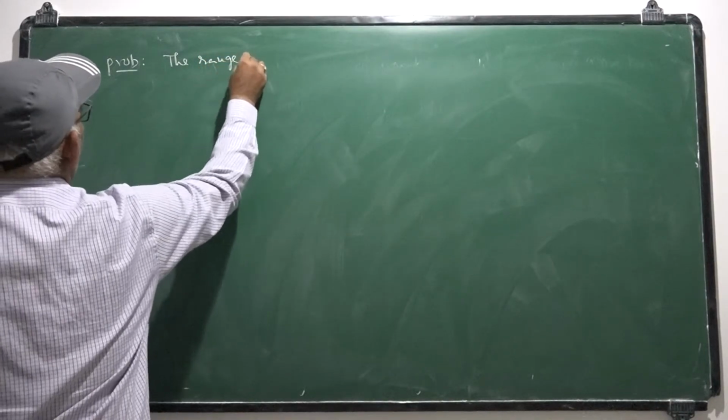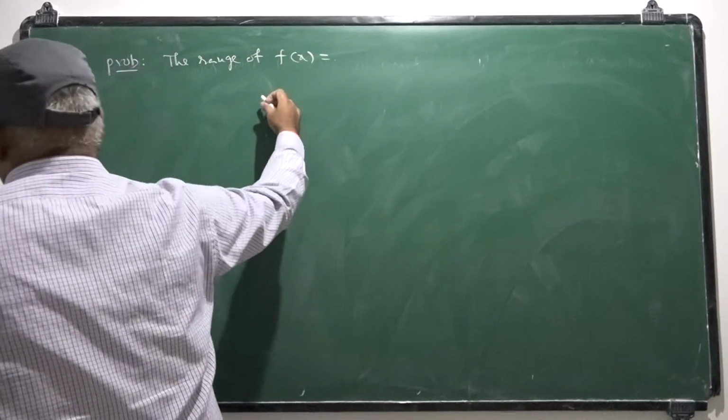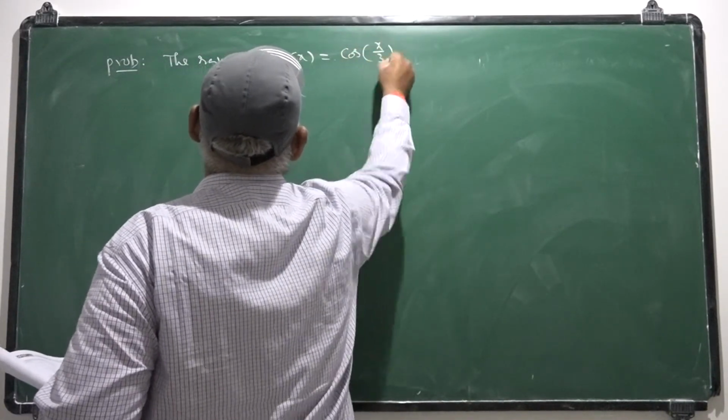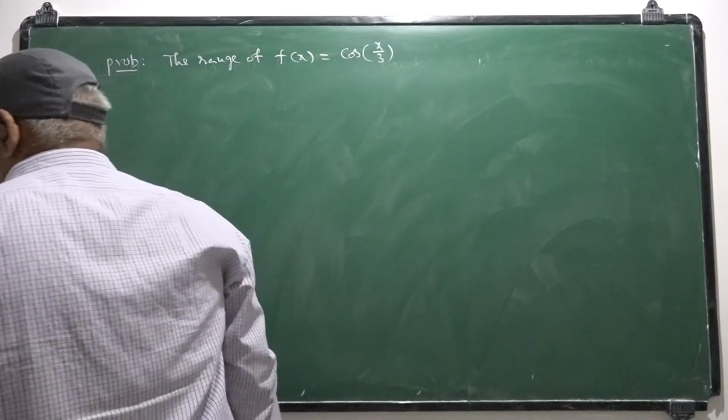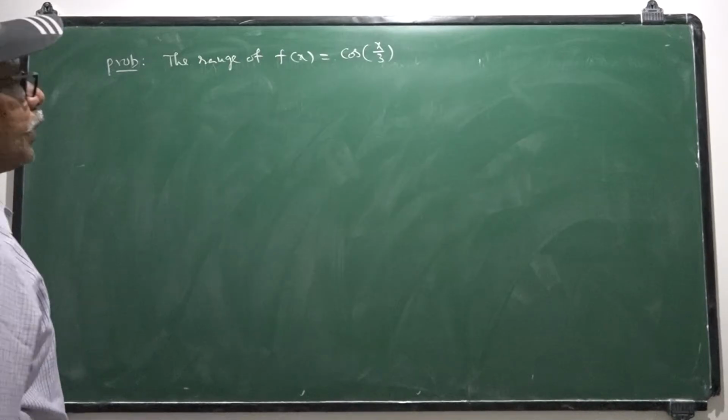The range of f(x) equal to cos of x by 3 is